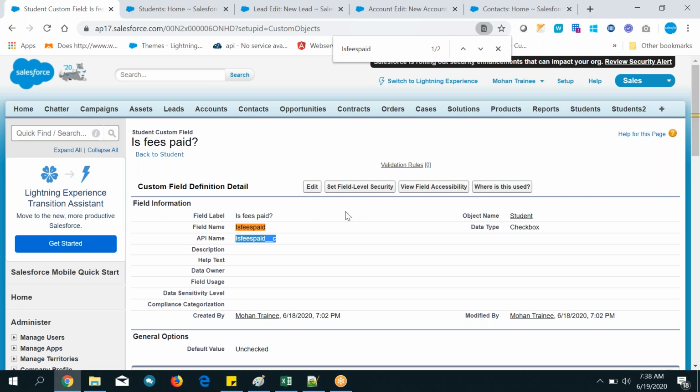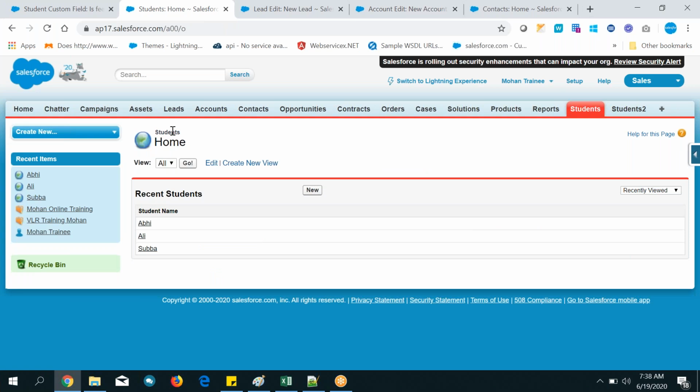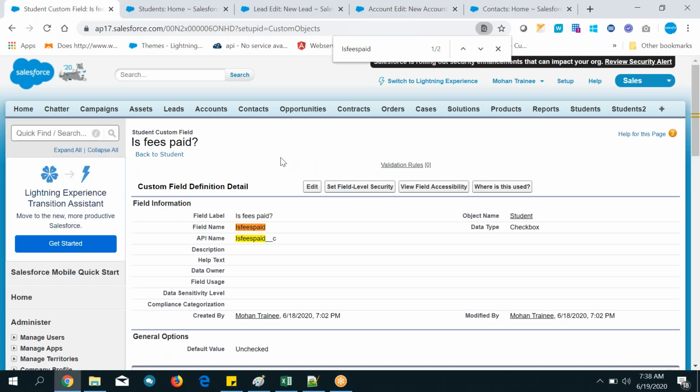But who will create it? Salesforce only will create the API name based on the field name. Remember that one. What is the use of field name? To create the API name. There is no other usage of the field name. Remember that point again.